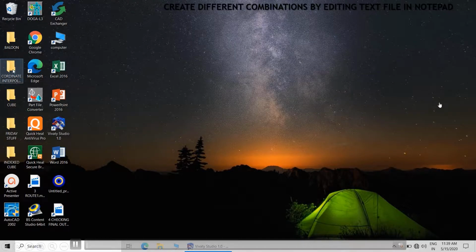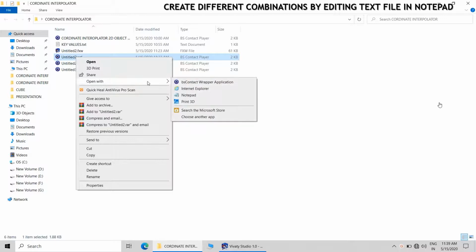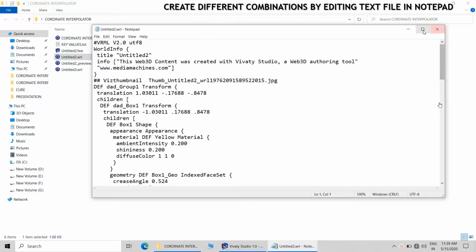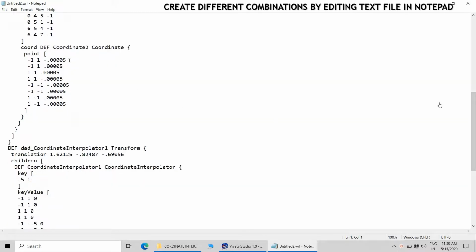Now I have created different combinations. I will suggest that you, instead of using the Vivity Studio, because Vivity Studio will create the object of some thickness. It will not create the object of zero thickness. Some thickness it will automatically apply. That is not required for perfect animation. Object should be of zero thickness.